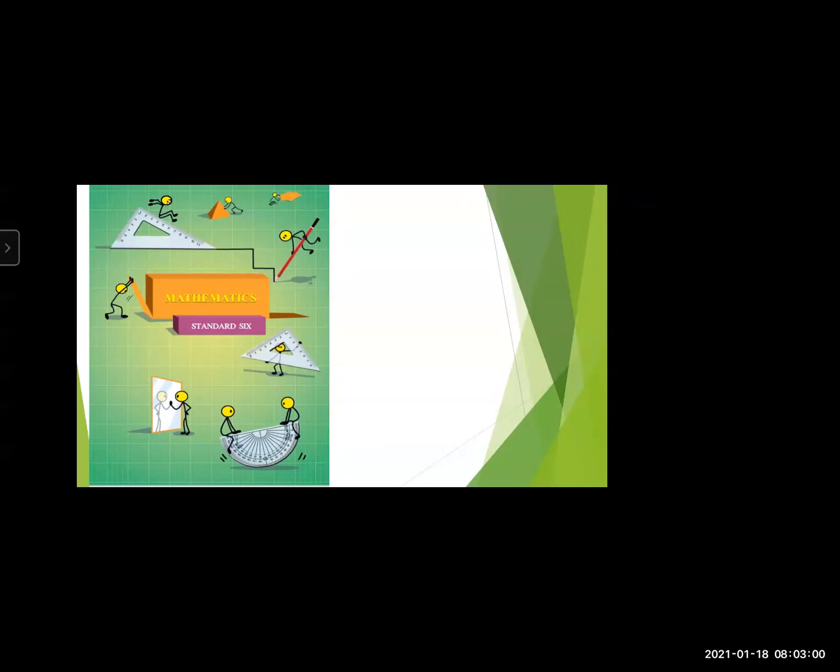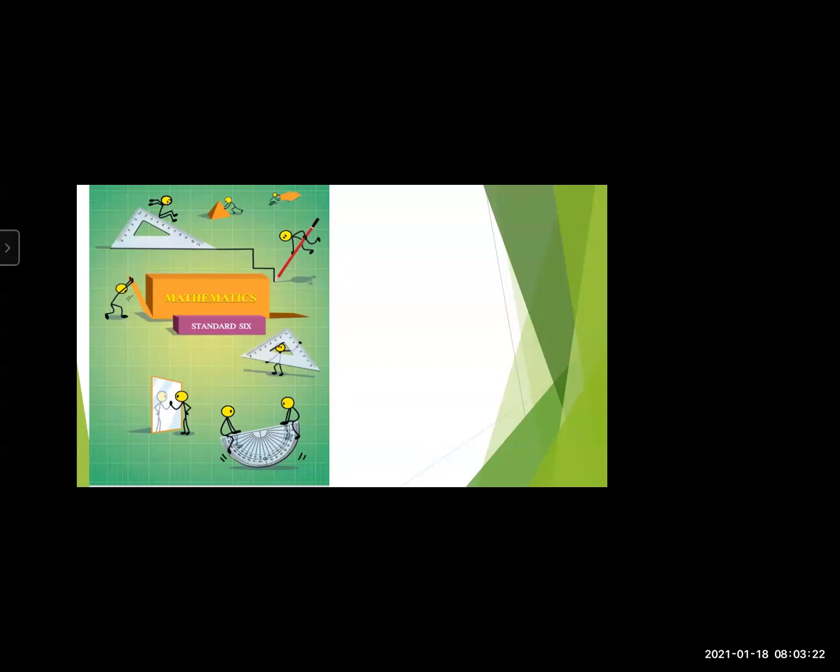But before learning the new topic, I would like to tell you one thought. It isn't about how much you have. It's about what you make out of what you have. So it doesn't matter what you have and what you don't have, but the most important thing is what you can make of what you have.